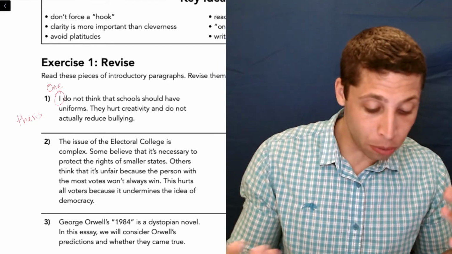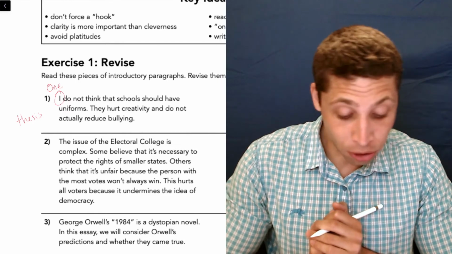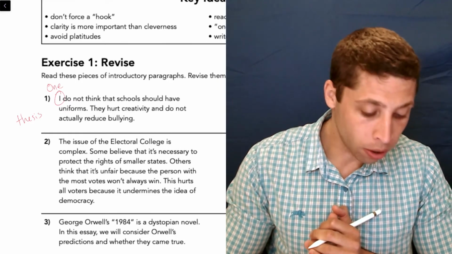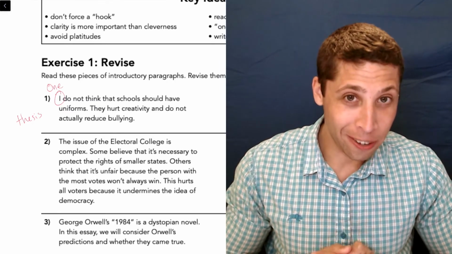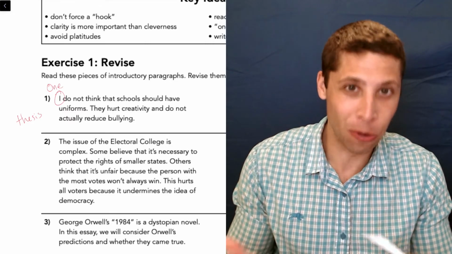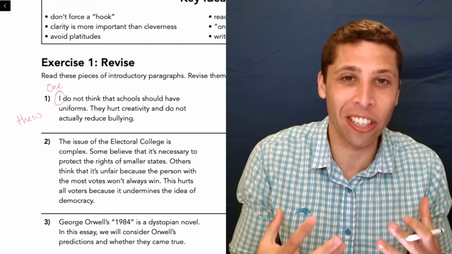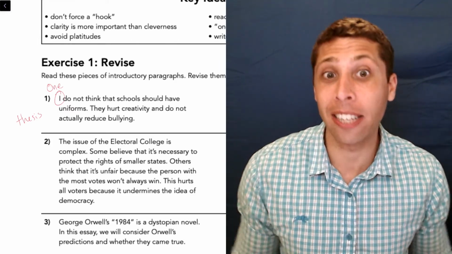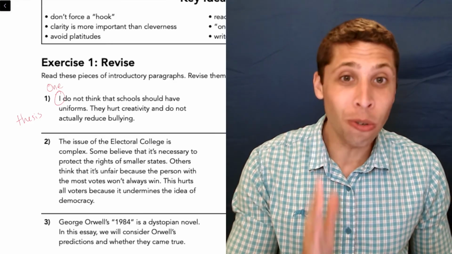So what some people would do here is something like, one must agree that schools should not have uniforms. Or one could argue that schools should not have uniforms. Or one will see that schools should not have uniforms. It's so weird. I can't even come up with a sentence about it because it just feels so unnatural. But you write it because you've been just drilled that this word I needs to be avoided at all costs. Well, I don't think that's great advice, but also there's usually a much easier fix.